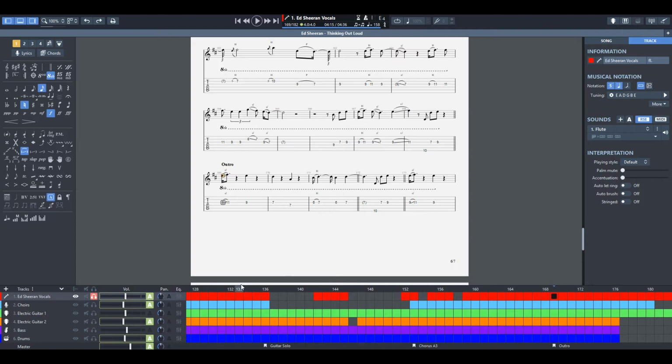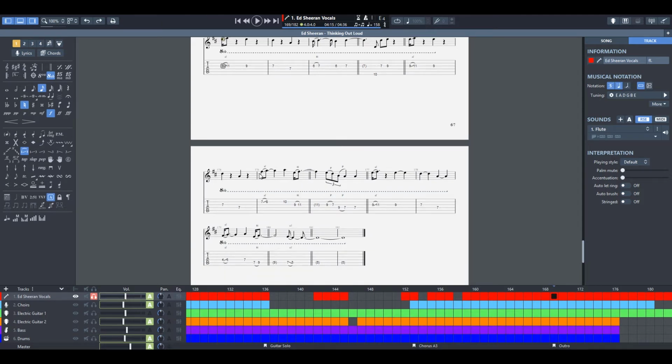And then this is pretty much exactly how you would expect it, pretty much how it's always been, other than this measure right here. So then from there, on this measure, it goes back up to the F sharp and goes up to a G, up to an A, then it goes back to the E up to the F sharp, and then it goes back to the E, and then it does this triplet thing down to a D, and then it